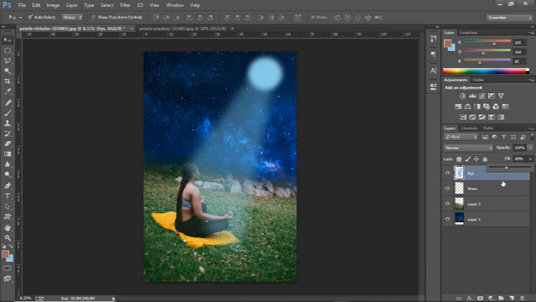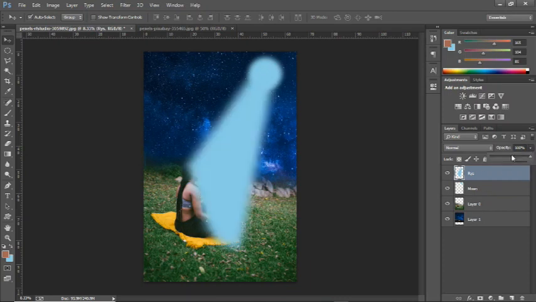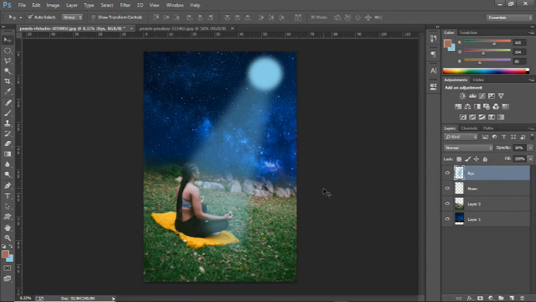When I use the eraser to adjust it, let me reduce the opacity. So I'll use the eraser. I'll pick the eraser and adjust it a bit. So after that,